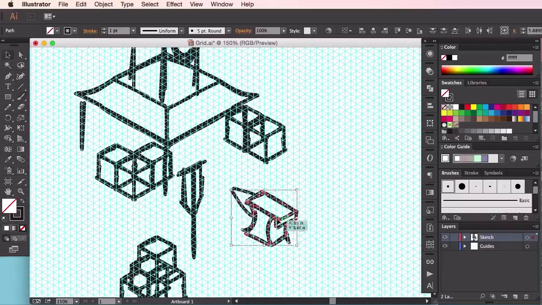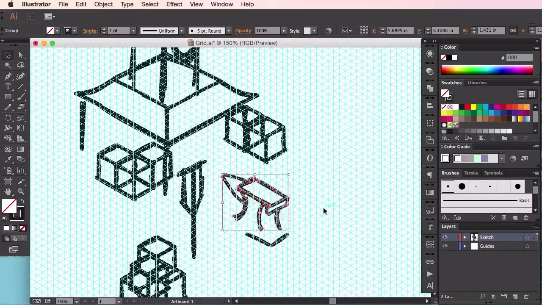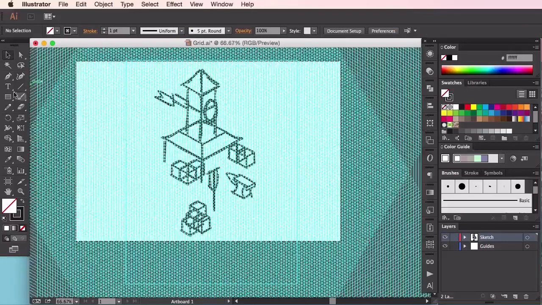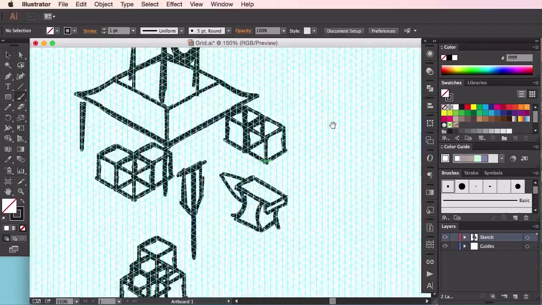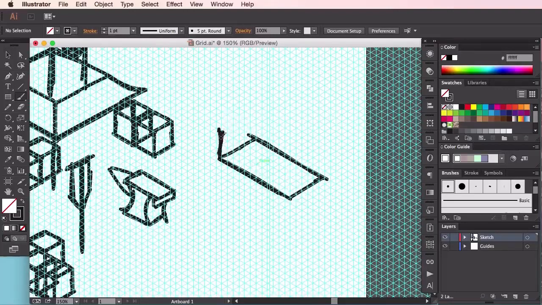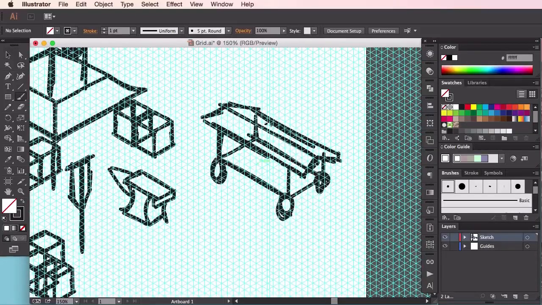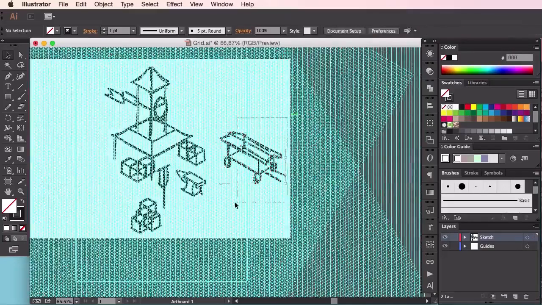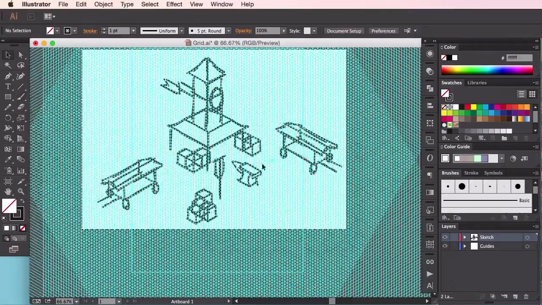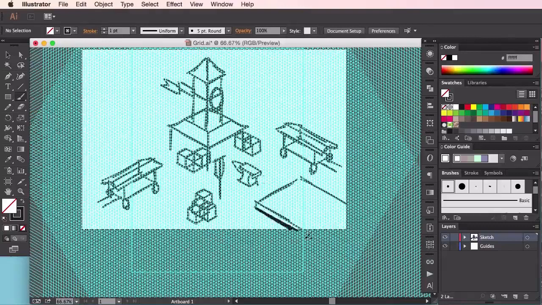And then we'll include a few more elements to the structure to complete the sketch. Some market carts here, using the same sort of techniques as before, just following the guidelines. And then to finish it off, some wall structures at the back,